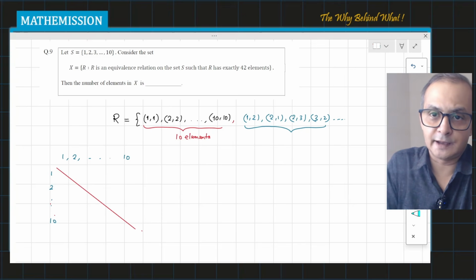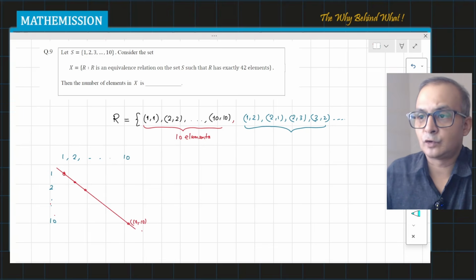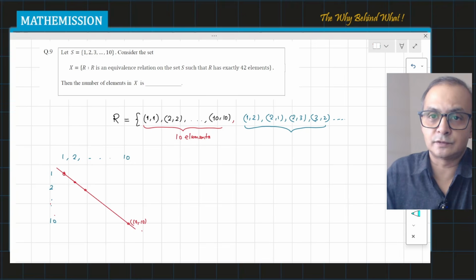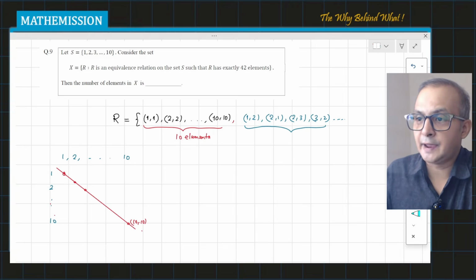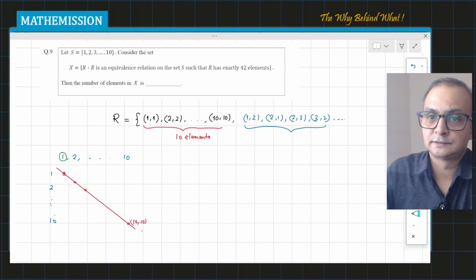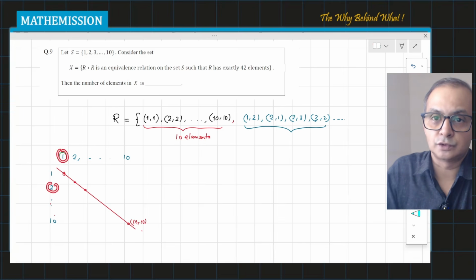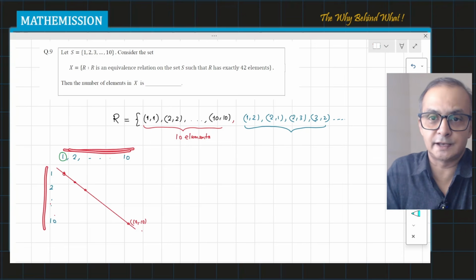On this diagonal I have (1,1), then (2,2), then (3,3), all the way up to (10,10). Suppose you are selecting 1 and 2, meaning (1,2) is a pair made by this 1 as the first element of the ordered pair and this 2 as the second one. So for that there is a (2,1),